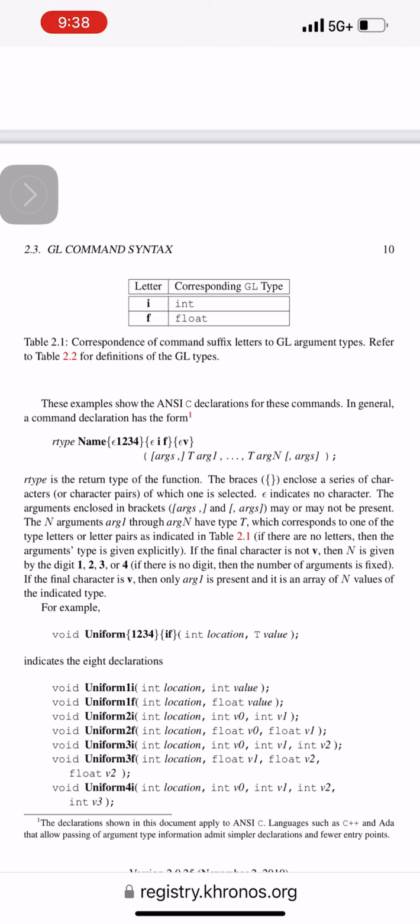The n arguments arg1 through argn have type T, which corresponds to one of the type letters or letter pairs as indicated in Table 2.1. If there are no letters, then the argument's type is given explicitly. If the final character is not v, then n is given by the digit 1, 2, 3, or 4. If there is no digit, then the number of arguments is fixed. If the final character is v, then only arg1 is present and it is an array of n values of the indicated type. For example, void Uniform{1234}{if}(int location, T value) indicates the 8 declarations: